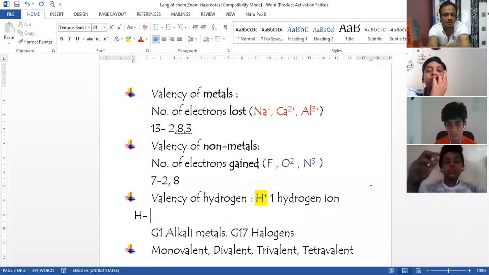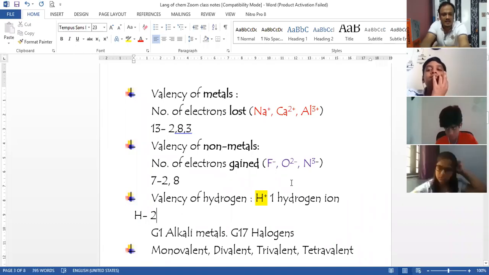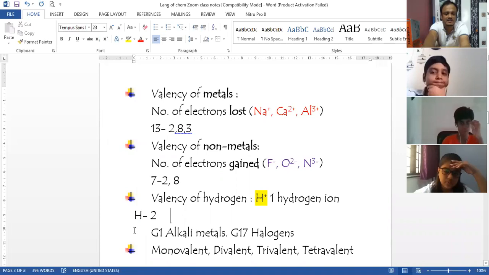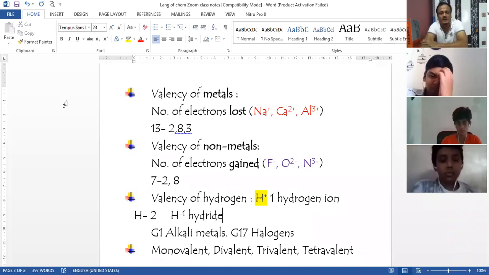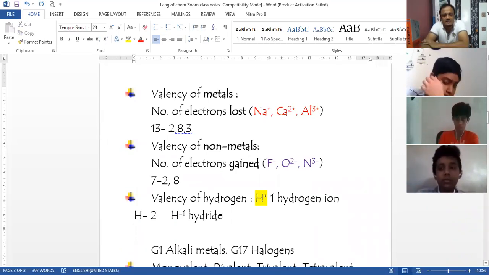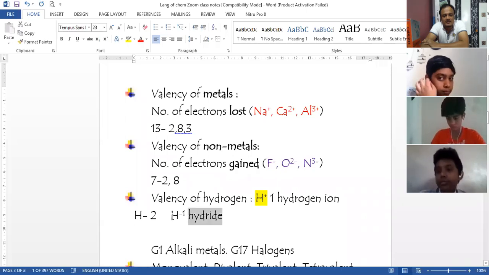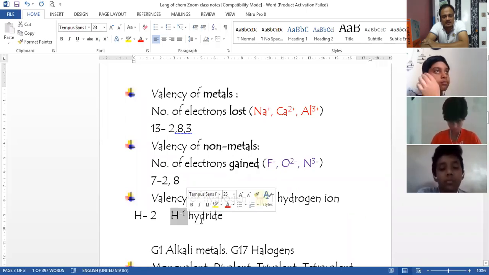So it will gain 1 more electron and it will become 2, that is duplet configuration. If it does that, it will have a valency of -1. So in that case, hydrogen will be represented as H -1. Okay, and in this case, the name of this ion which is formed over here will be hydride. Okay, so this is another form of hydrogen. So hydrogen, when it is accepting an electron, it becomes hydride, but